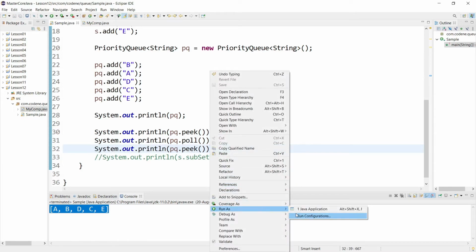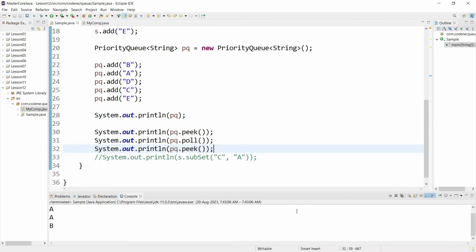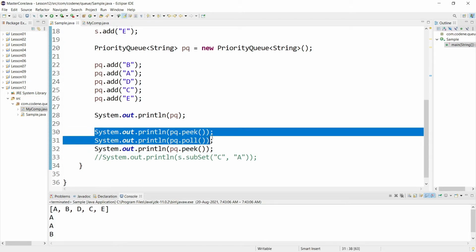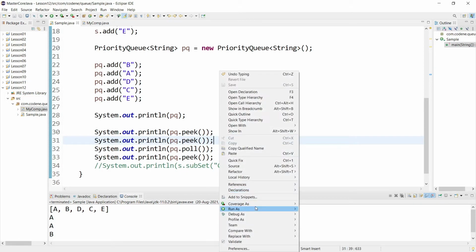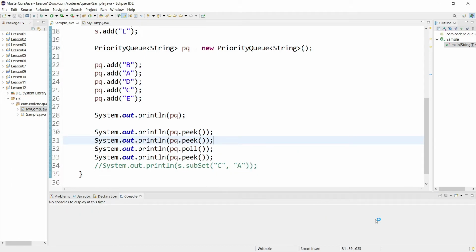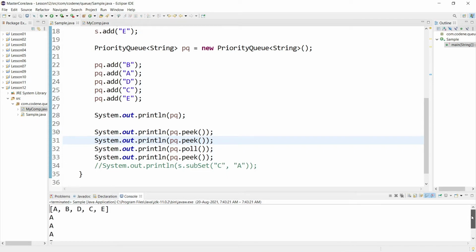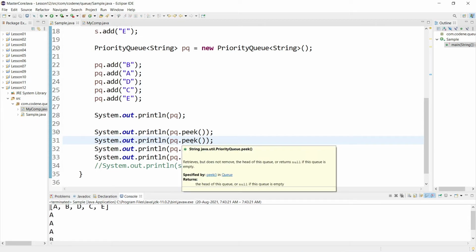Let me just run this. You see, peek means it will just give you the value that is at the top. If I write peek again, it should give only A. Let's run this. Yeah, you can see it is giving me A two times. So that is the work of peek.